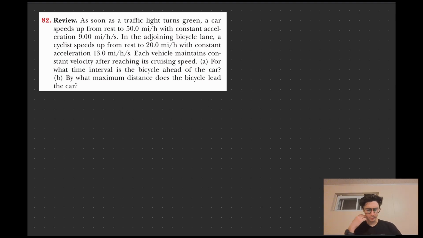So first thing we want to do is probably draw a picture. A picture would be pretty nice. We have a car, which I'm going to draw here as so. The car starts at rest, 0 miles per hour. We're going to keep it with the mile units. And then it accelerates with an acceleration equal to 9.00 miles per hour per second. And then it reaches a final cruising speed at 50